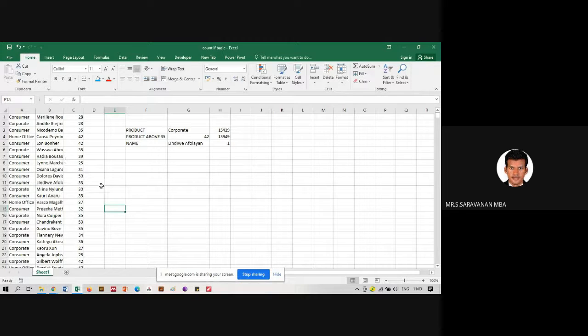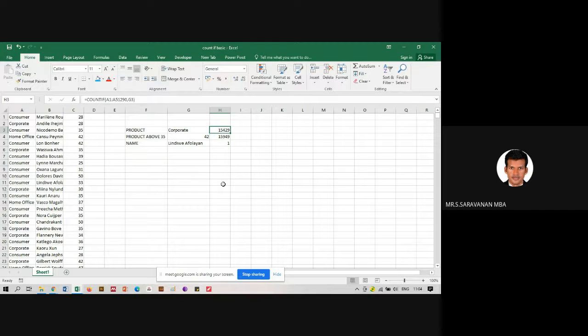So same information can be got here also. So category wise you can get the informations. Or name wise also you can get it. How many people have got COUNTIF function? If you want to find out the name of a person. Okay, let's talk about COUNTIF function here also. If you want to calculate how many same information is repeated.